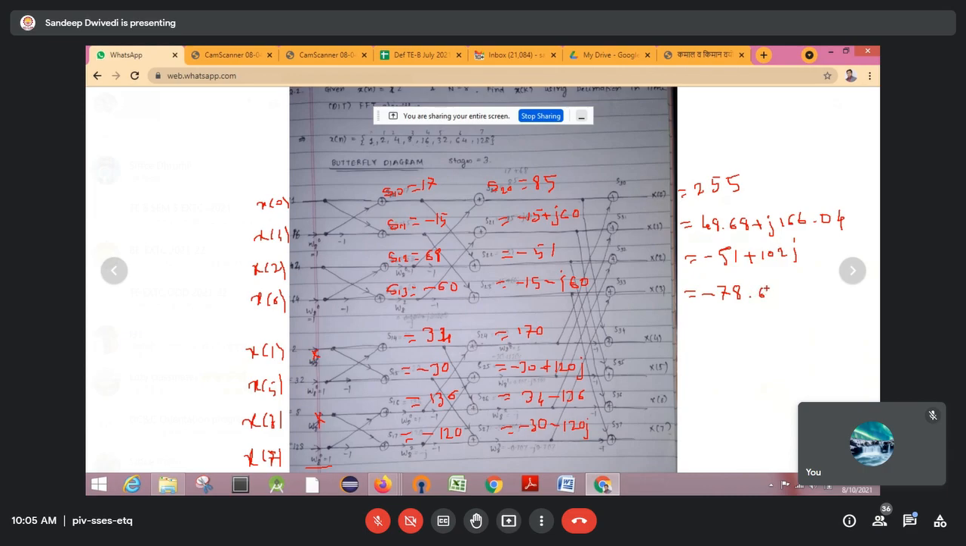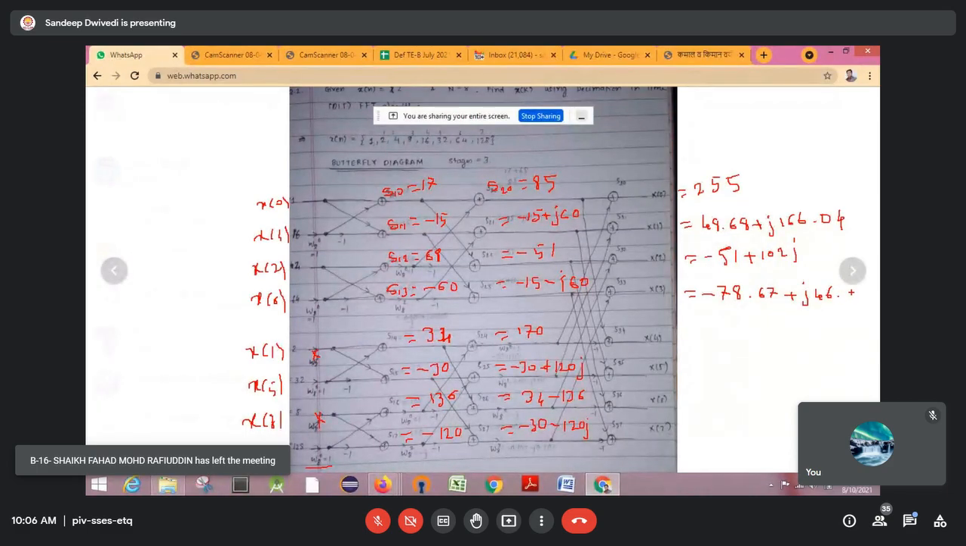As you do all this calculation, you will get something like minus 78.67 plus j46.05. By using a calculator you need to do this. Okay, then for x of 4,